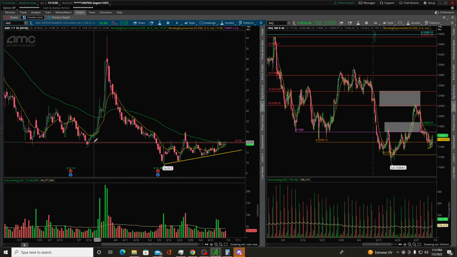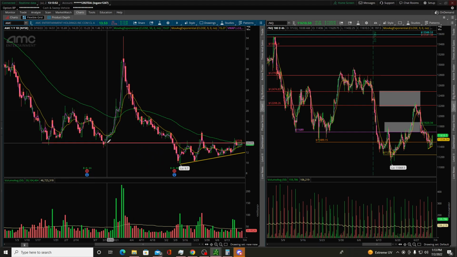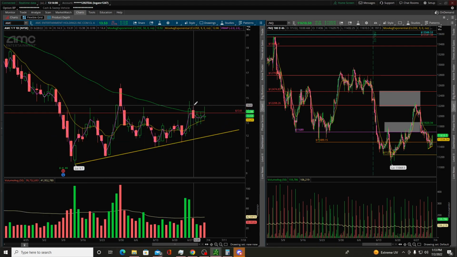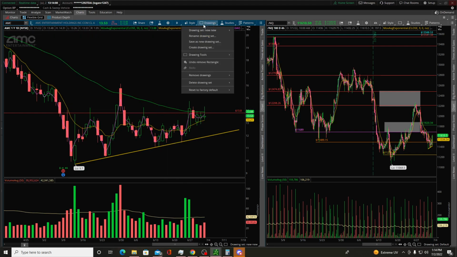Look at AMC from that last support. It broke all the way to a new low, and that's when it flipped back up, right? Just because you're having a price level acting a certain way doesn't mean it won't change in the next day or the next week. So it's good to wait for closes outside of your ranges,